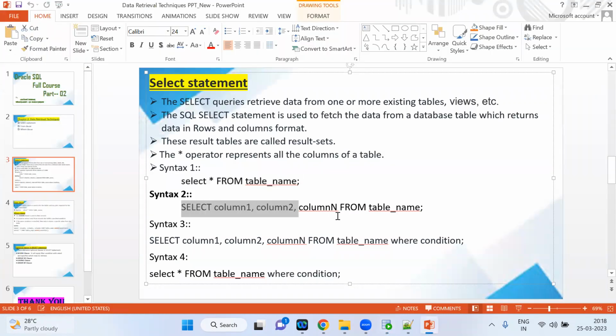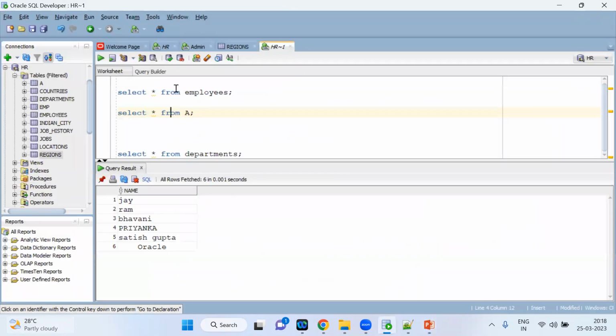The second syntax is this. We have seen all the columns and all the rows. Now you see: select column 1, column 2, column 3 from table name. Now my requirement is that